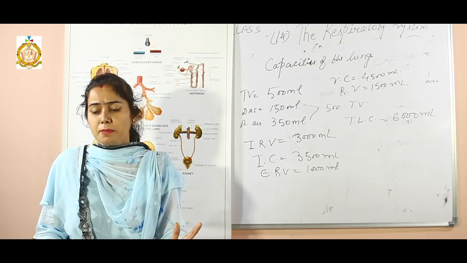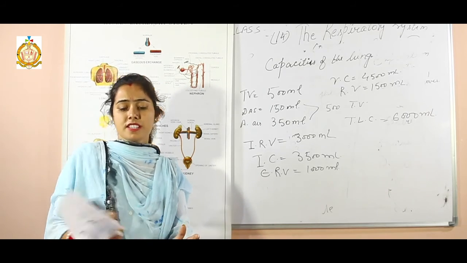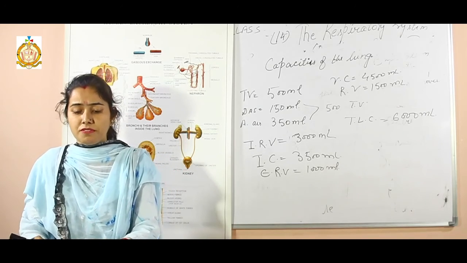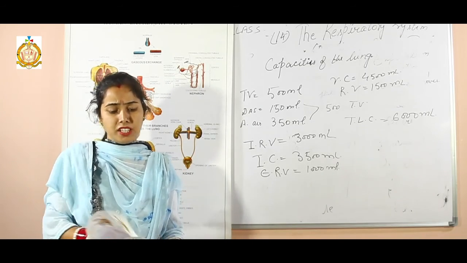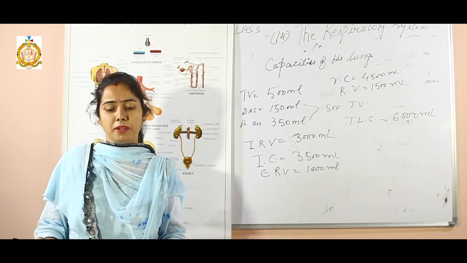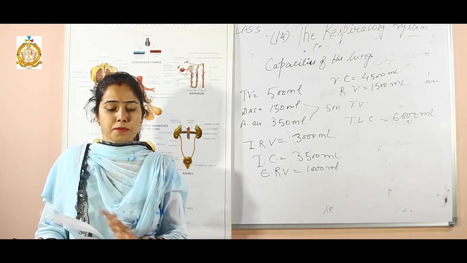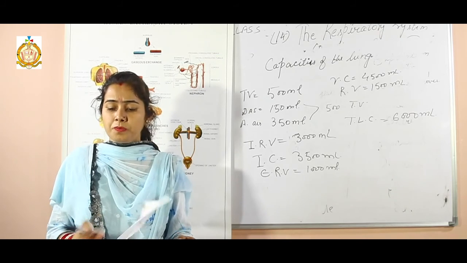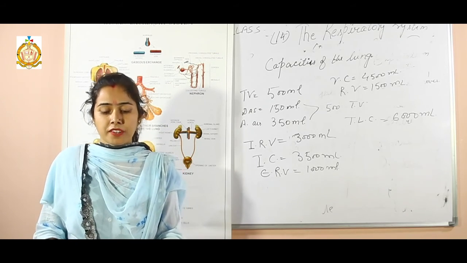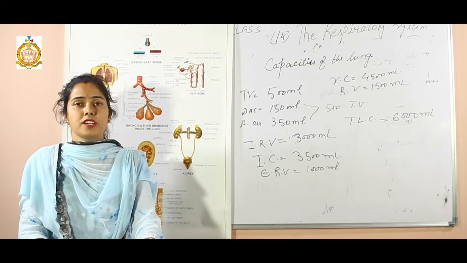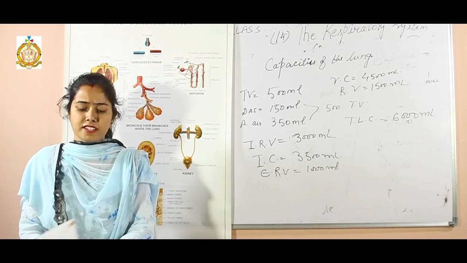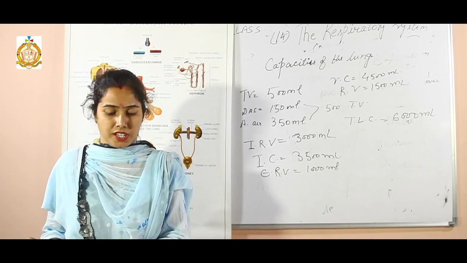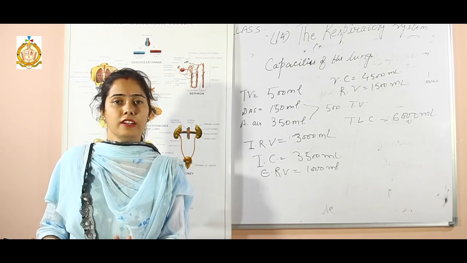There are some experiments on breathing and respiration given at the end of the chapter. Do them by yourself, revise the chapter and read it thoroughly. In exams, questions may come from every line, so complete the chapter and also write the question answers. From the back exercise, complete all the question answers, write them in the notebook and learn them also. Thank you.